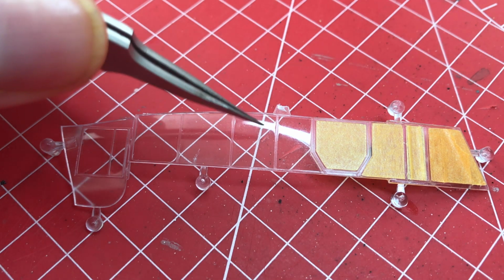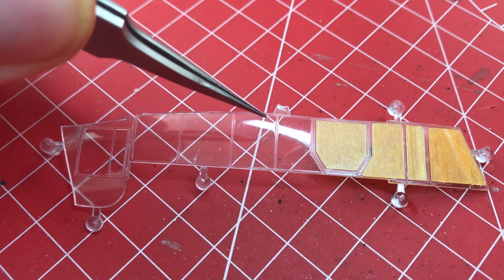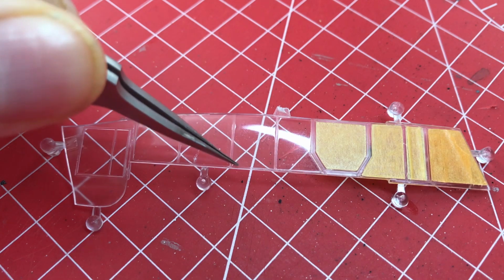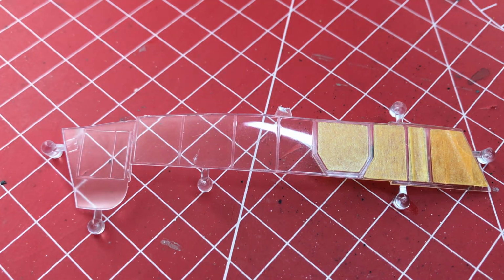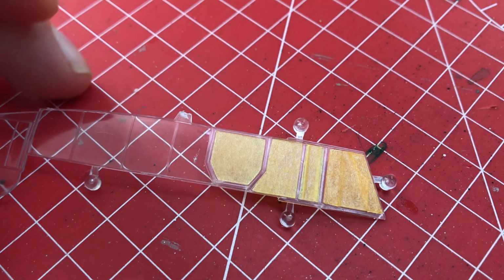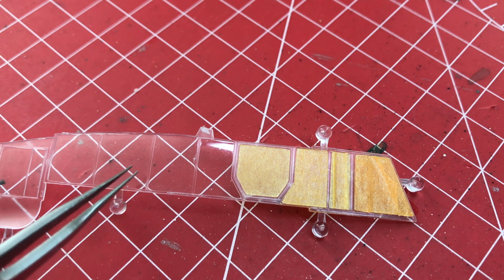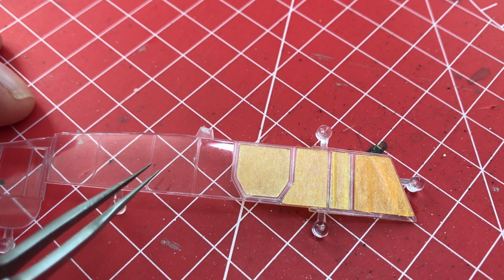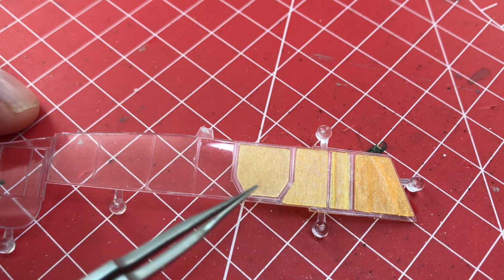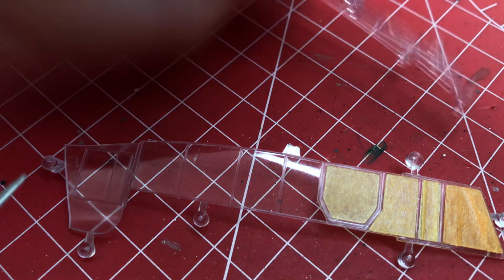So on this piece of glazing area here that we need to mask, I'm going to use the strip method, and by that we cut strips of tape, line them up with the 2 edges, and then fill in the middle section, and you can see that's what we've done on both of these. You might be wondering why we don't take this approach on a square one, because surely that's an easier shape. Well, the simple answer is you could, but actually it's quicker to do the strip method than to do the complete cover method. So it's about speed, and when you've got lots and lots and lots of it,